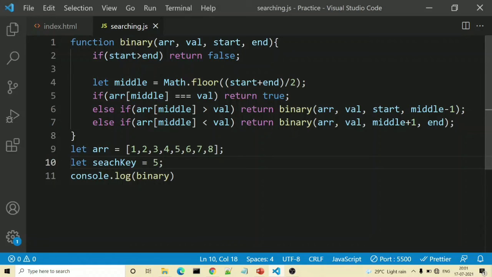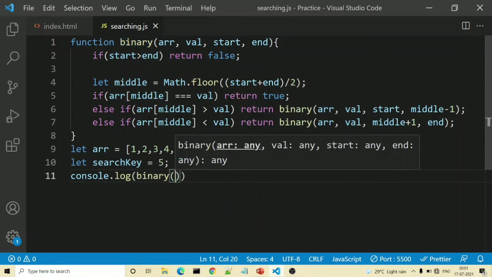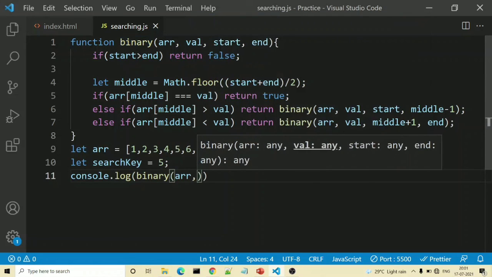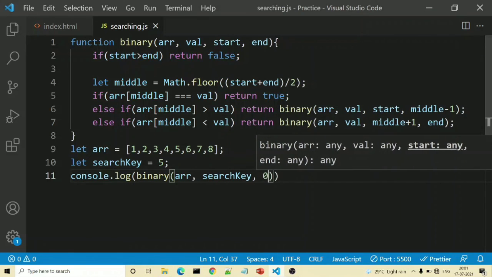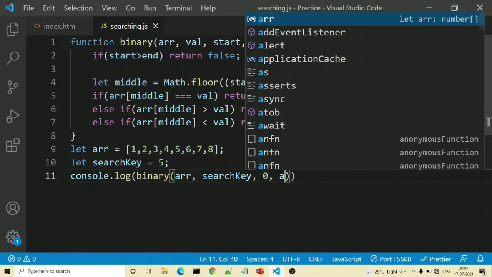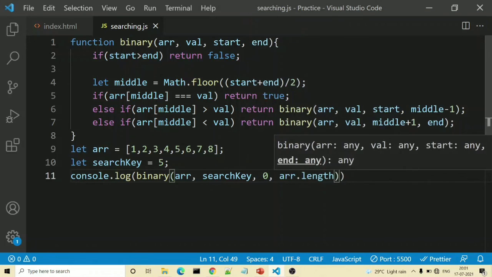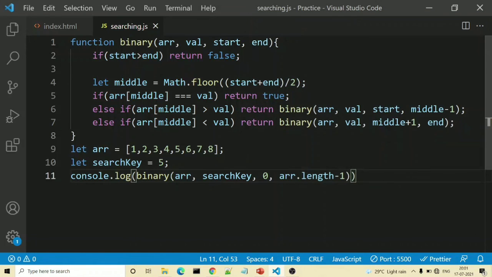It can be anything. The spelling of search is wrong, we will correct it. Then here we will pass arr, comma, value will be our search key, starting index will be 0 here and ending index will be arr.length minus 1. And we are done now.